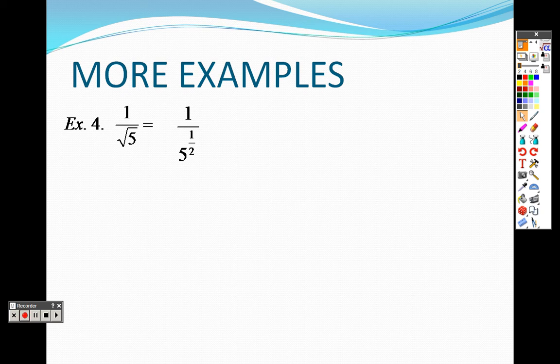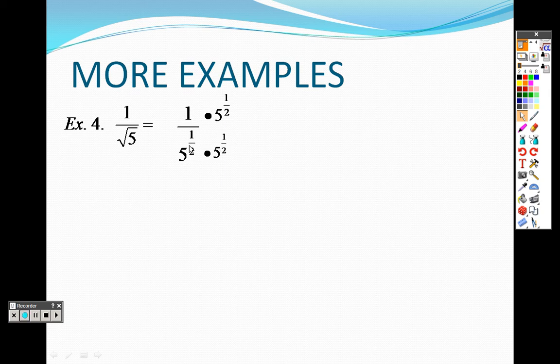Well, I have a half, right? A half is the exponent on the bottom. A half plus what gives you a whole? Well, a half plus a half gives you a whole, which means that's why I'm multiplying by 5 to the half on both the top and the bottom, because now this is a whole number, because